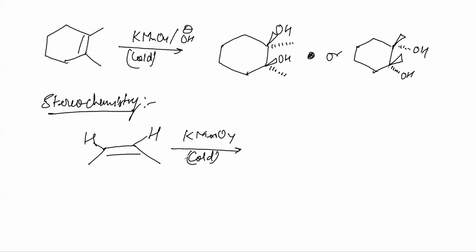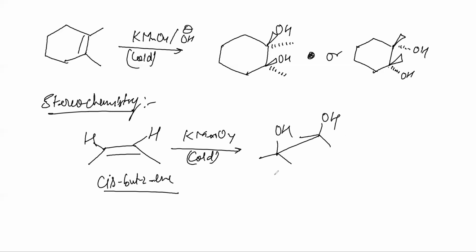So let's say we have this. This is cis butene. We are treating it with Prevost reagent. I hope you understand we are going to get this. Aren't we? Remember this? Can you find any POS here? Do you find any POS?